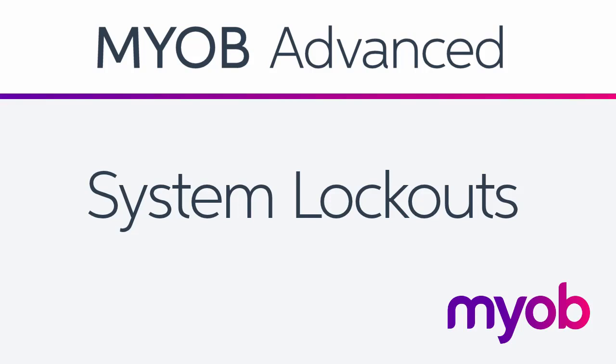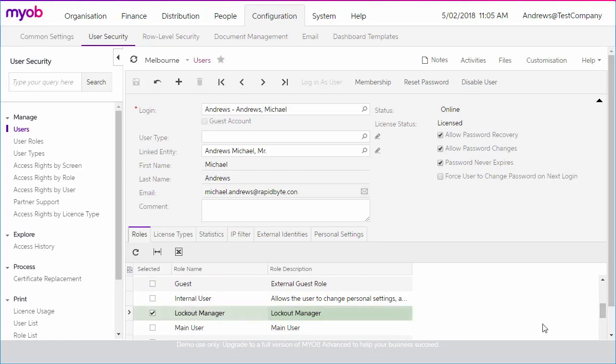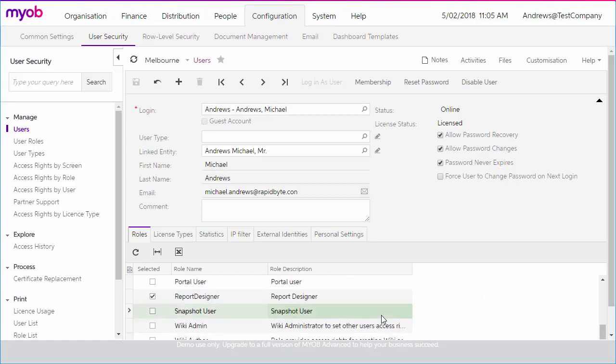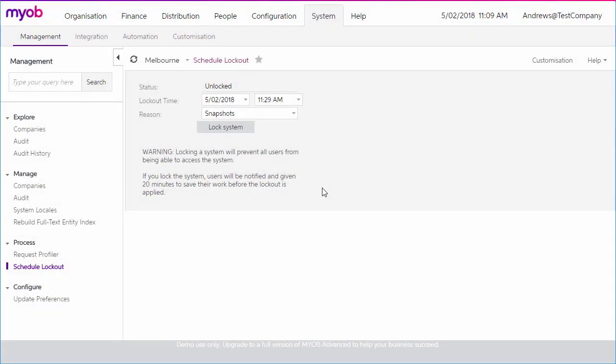It's important to note here that snapshots can only be taken or restored when the system is in lockout mode. The ability to initiate a system lockout is controlled by user roles. Only the Lockout Manager and Snapshot user roles give a user access to the system lockout controls. Snapshot users can initiate a lockout, then log in and perform snapshot maintenance only, while lockout managers can access any function during a lockout. Both roles are only available for users with a full user license type or for the partner support user. Users with the Snapshot user or Lockout Manager role can access the Schedule Lockout screen in the